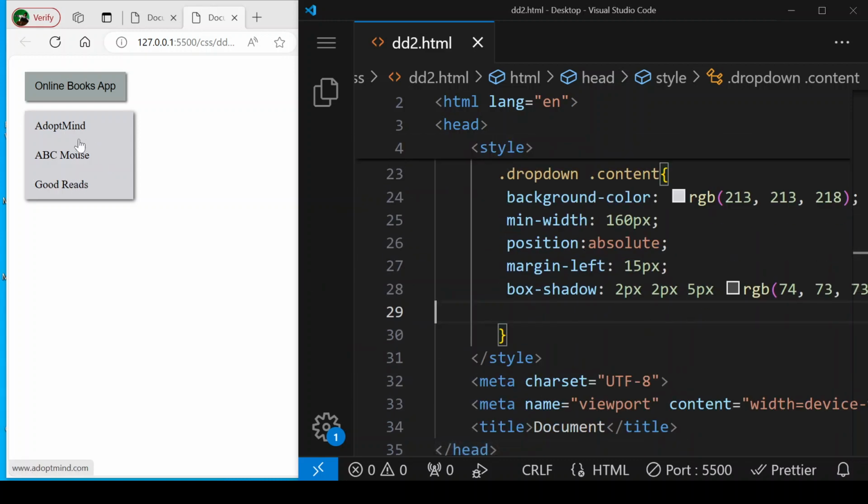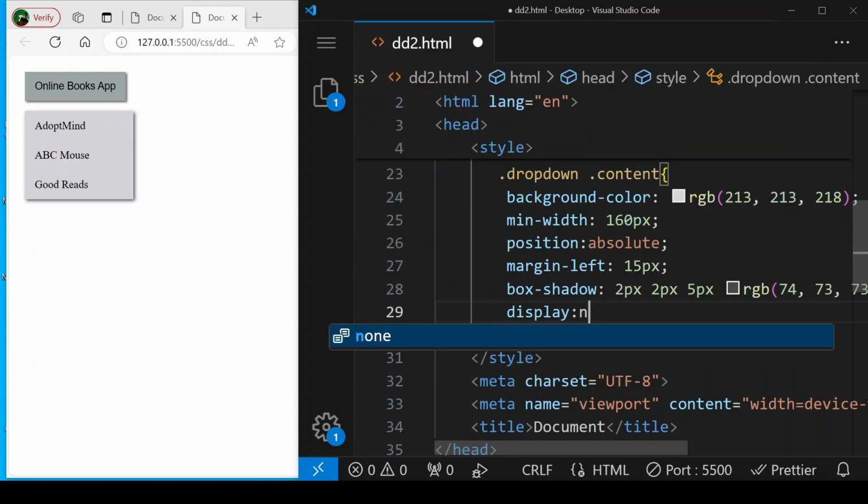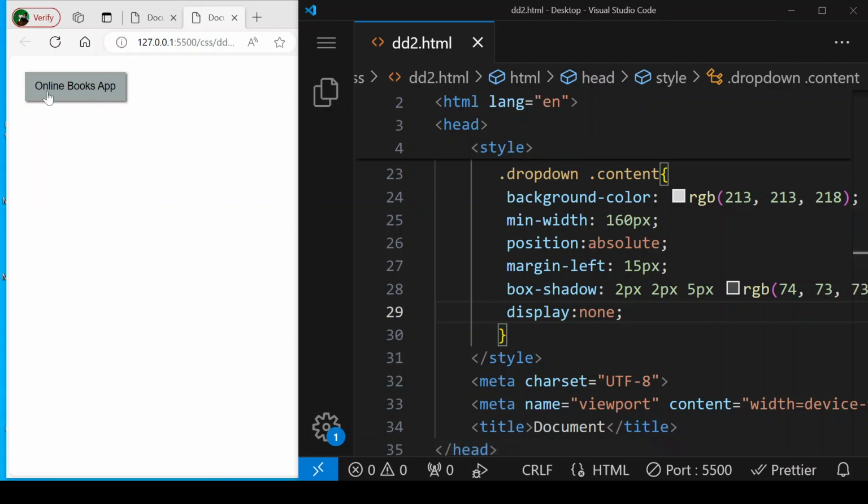Now if we don't want to see this list right now, what we were wanting is that whenever we hover our cursor over it, only then this list should be displayed, otherwise it should not display the list. So for that we are giving display to none. Save it. You can see that it has hidden, but right now it is not showing because we haven't given